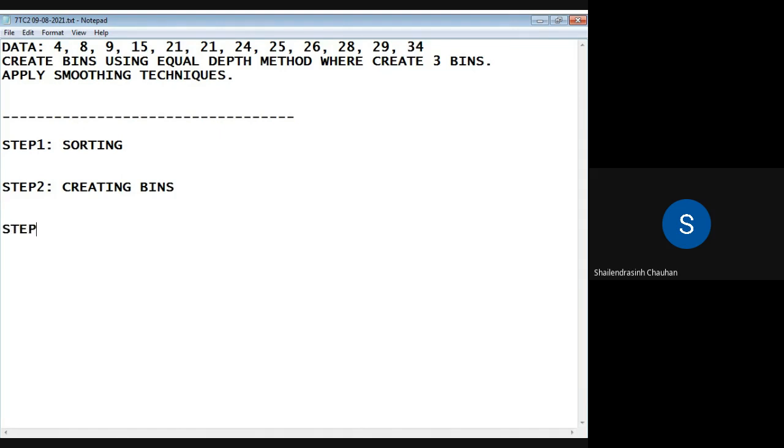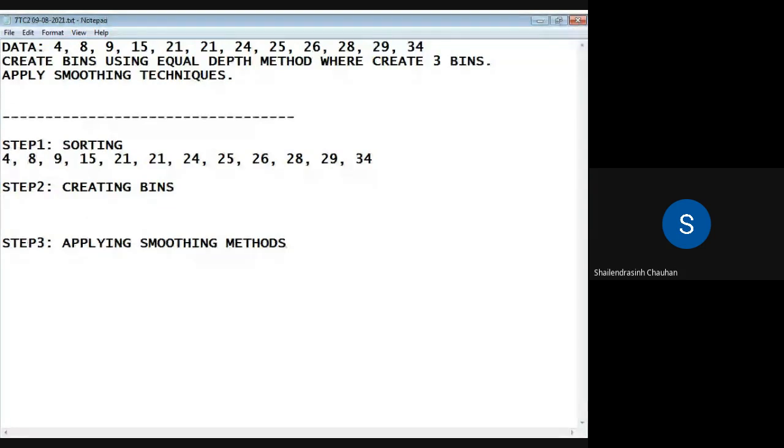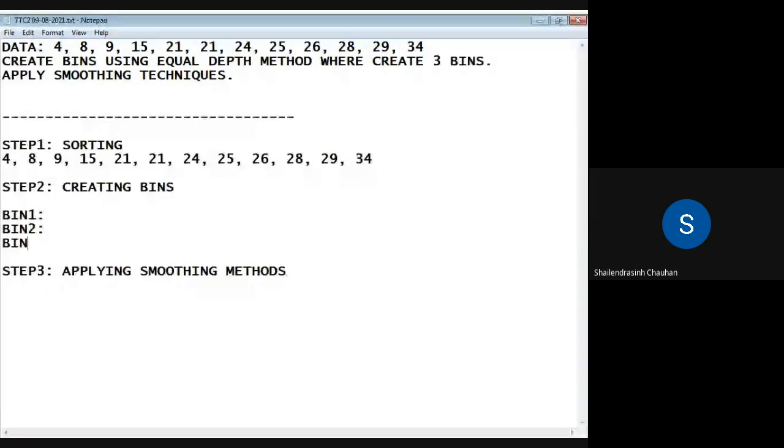Then the next step will be applying techniques, of two methods. First, sorting of data, that is already sorted. Now create bins. So for this, what is given to us? They are giving us that create three bins. So we need to create bin 1, bin 2, bin 3. We are creating three bins, and in each bin you should have an equal number of values.